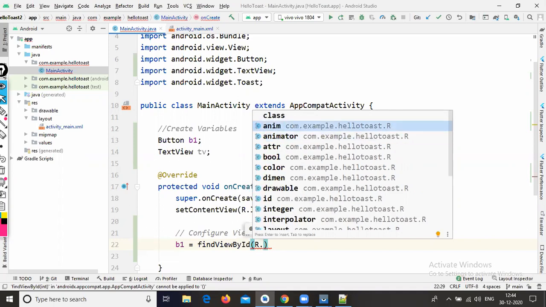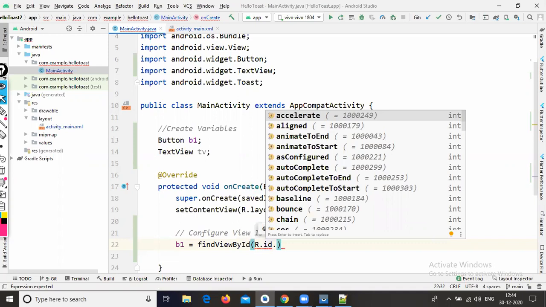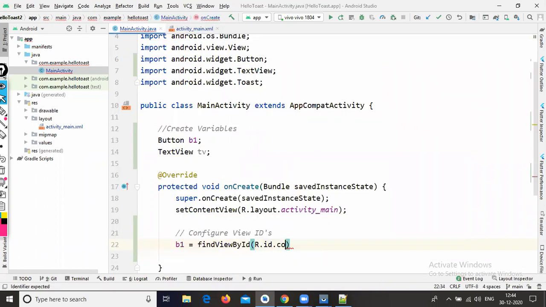In that, just type R.id. followed by your id name. Here, my button id name is count, as you can see, so that's why I'm calling count.